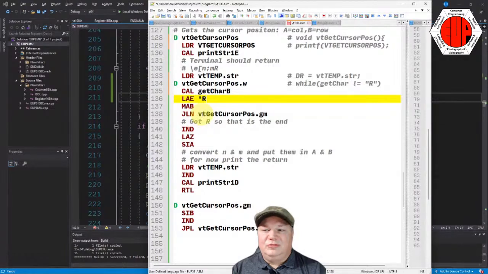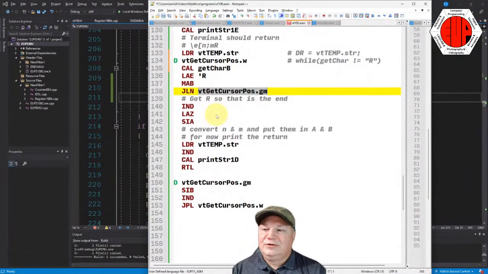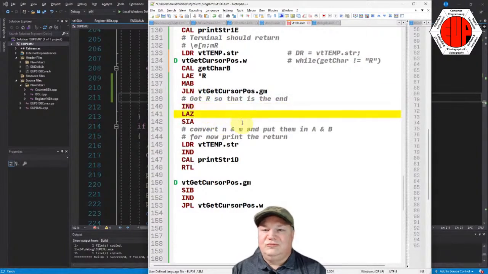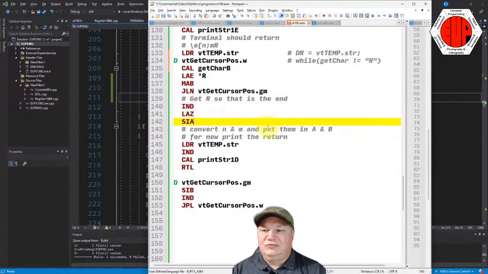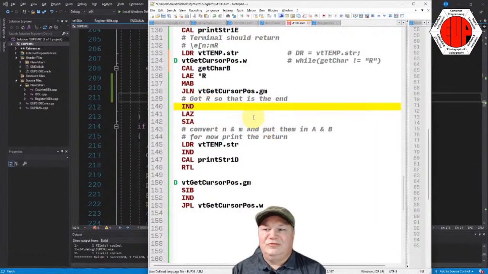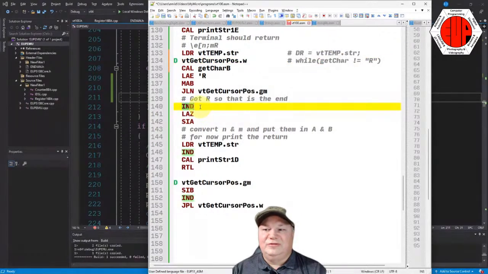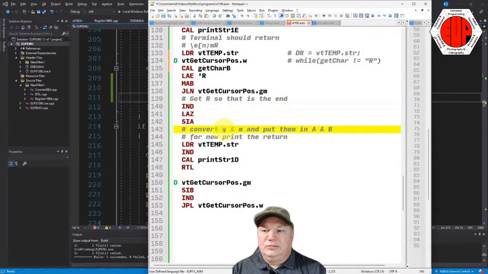But otherwise, if we are not 0, we jump further down, increment the data register, load 0 into the A register, store the A register based off of the address in the DR register, which was originally this, but is now the next character over because of this. So once we single step through this, it'll make a lot more sense. And then after we've read in the whole